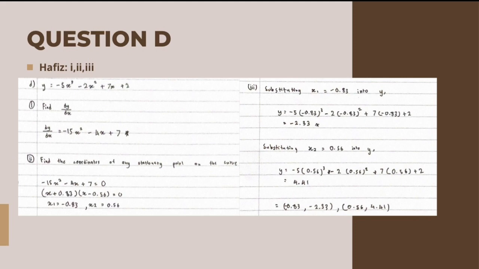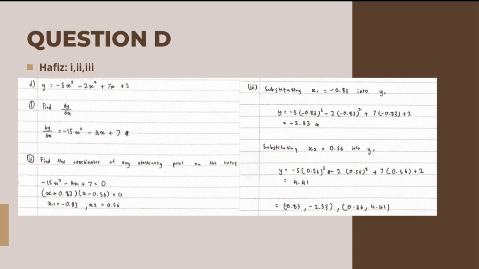Second question. Find the coordinate of any stationary point on the curve. Negative 15x squared minus 4x plus 7 equals 0. Then use a calculator to find the value, and for x1 you will get negative 0.83 and x2 equals